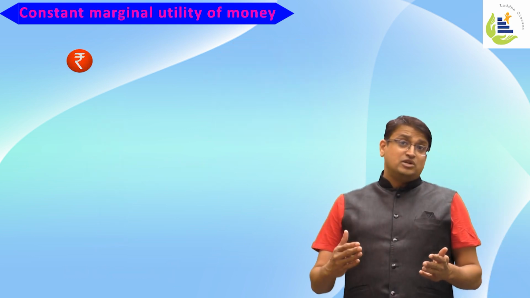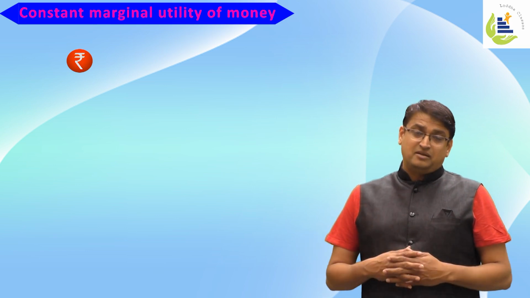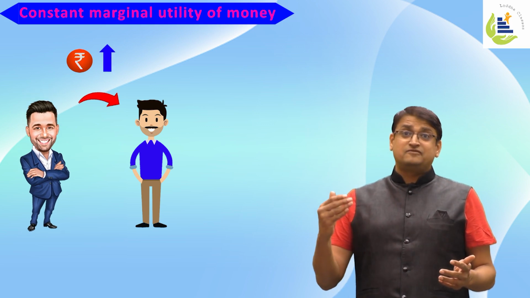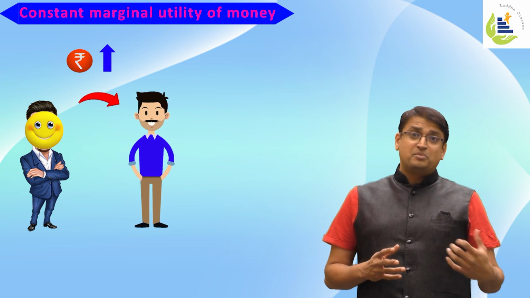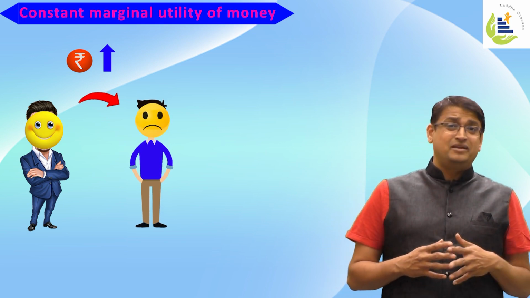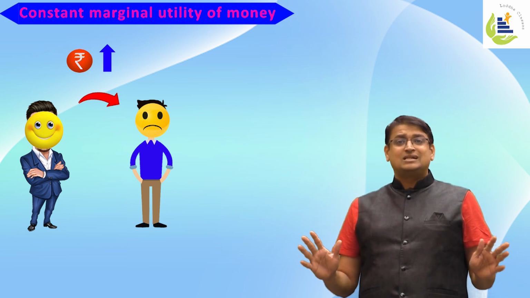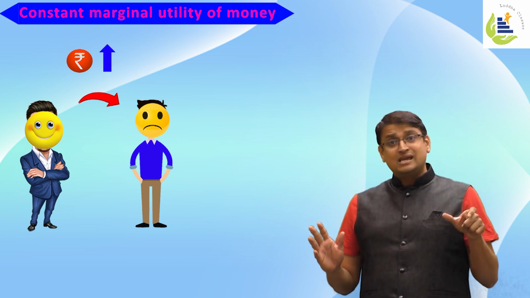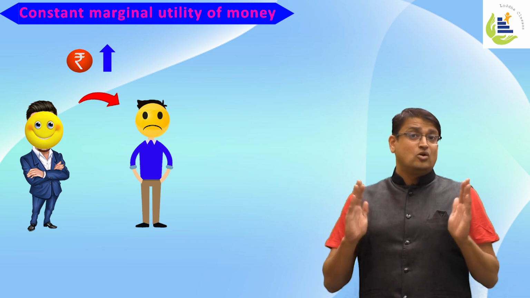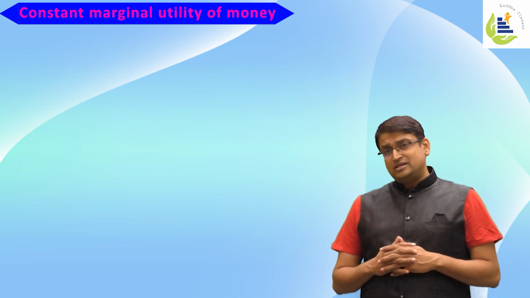Similarly, as the price of the commodity changes, the satisfaction level with every money spent changes from person to person. For a rich person, if a product's price has increased, his satisfaction level can increase. For a poor person, instead of becoming satisfied, he can become dissatisfied because this is out of his budget. He will not be satisfied to buy it though he likes it; he will not want it or will not buy it.